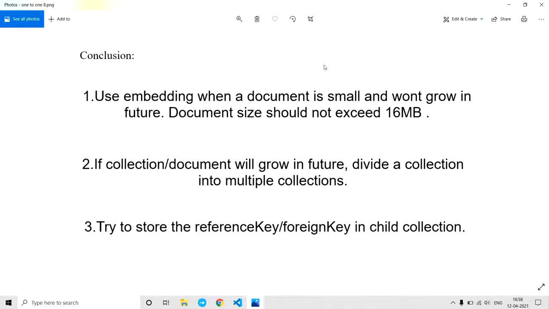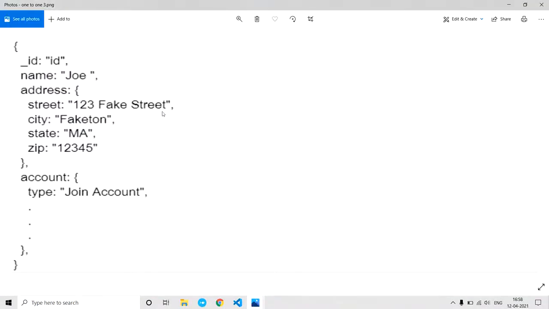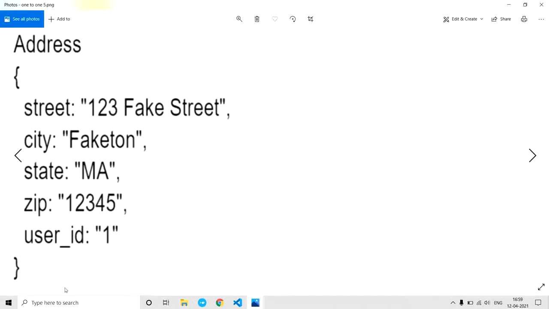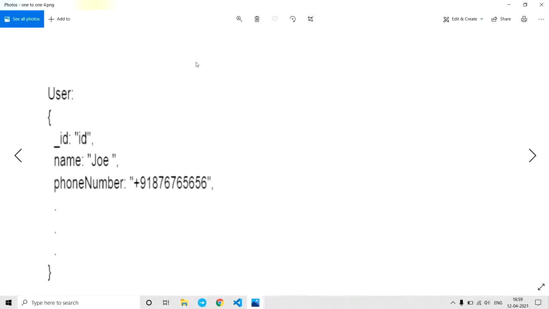Try to store the reference key in the child collection. This is the third point. This is pretty important because many developers might think that instead of storing the user key in the address, these keys can be stored in the user. Of course, we can store this key, but this is not a good way of storing a foreign key in the user,